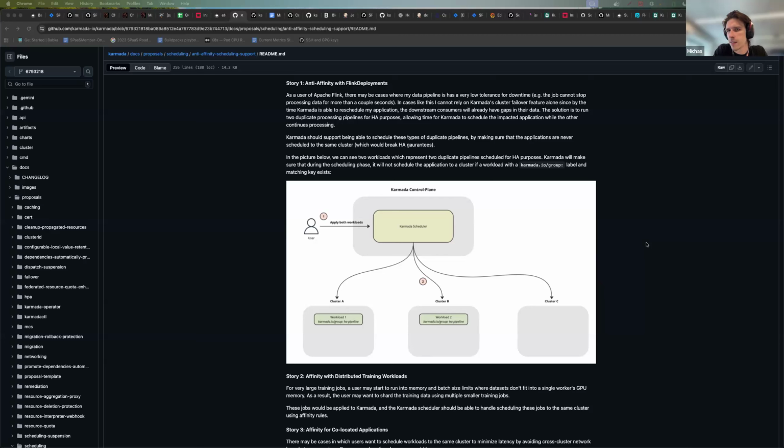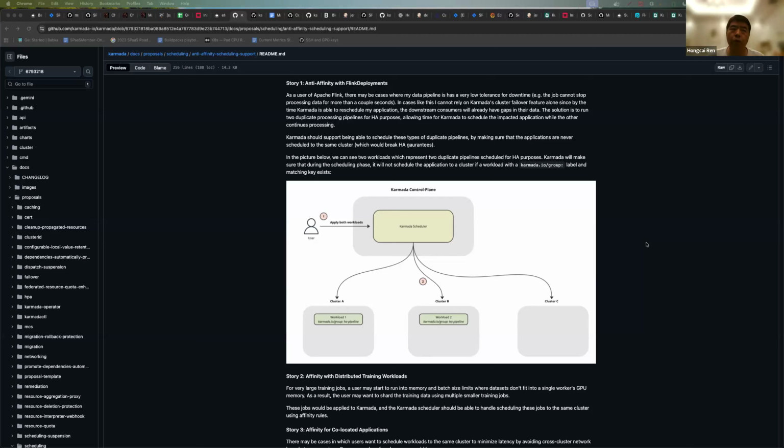If one of the data centers goes down and Karmada decides to reschedule that application, Zookeeper would notice that one of the leaders was lost, and then it'll elect the other running pipeline and immediately start processing from there. So it's on a case by case basis, but there are some users who the existing failover mechanisms will never be efficient enough for.